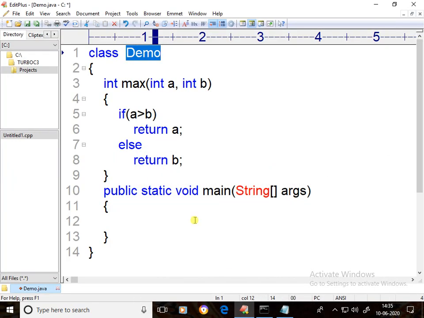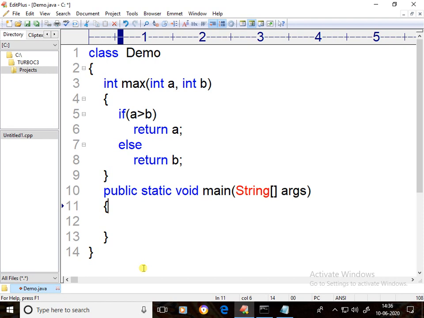If you want to access this instance method, there are two ways. First one, by using an object. Second one, by using an object reference. Depending upon application requirement, we use either the object or the object reference.